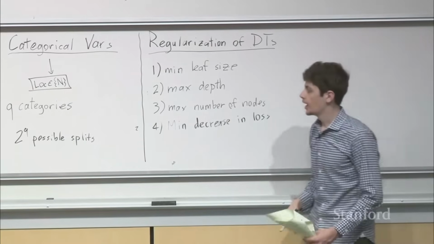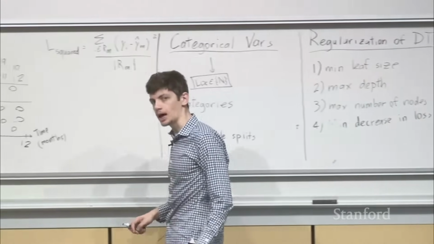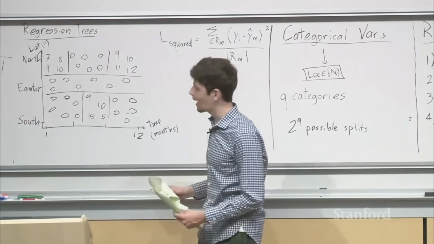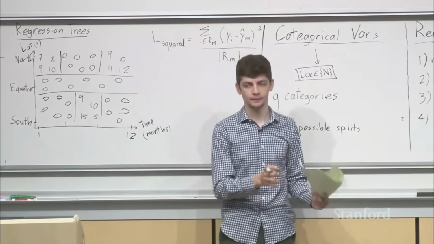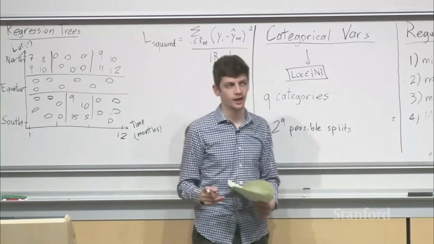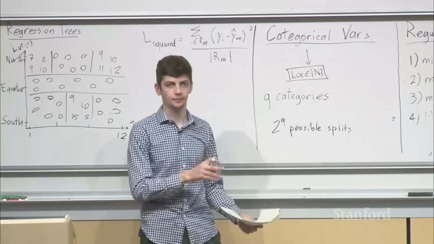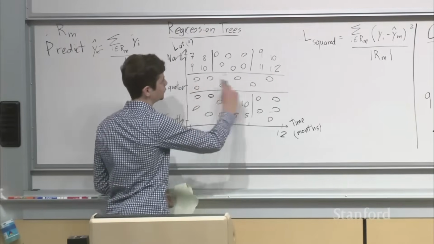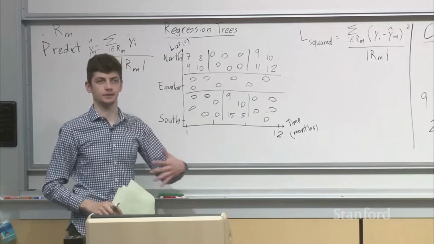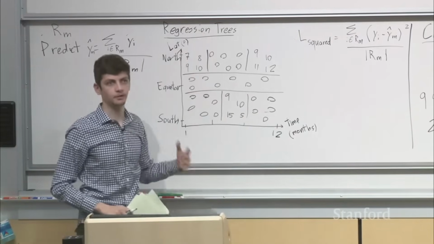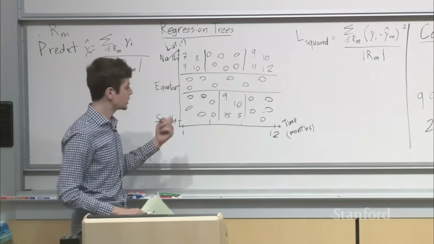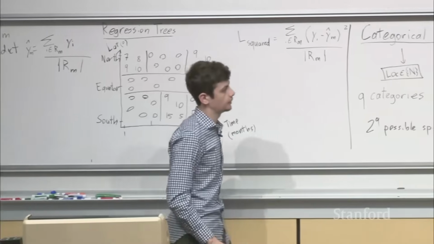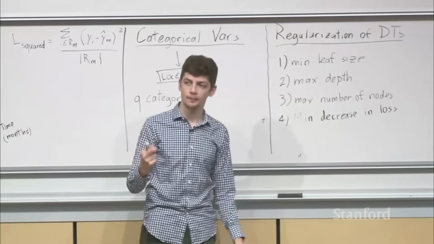And you can think about that by thinking that if you have any sort of higher order interactions between your variables, you might have to ask one question that is not very optimal or doesn't give you that much of a decrease in loss, and then your follow-up question combined with that first question might give you a much better decrease. And you can sort of see that in this case, where our initial latitude question doesn't really give us that much of a gain. We sort of split some positives and negatives, but the combination of the latitude question plus the time question really nails down what we want. And if we were looking at it purely from the minimum decrease in loss perspective, we might stop too early